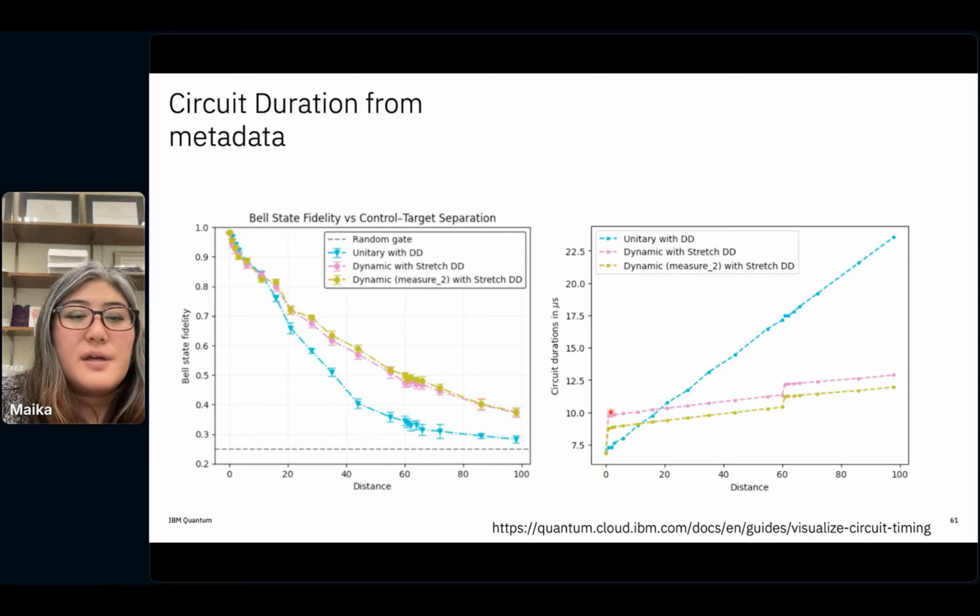So now, if you compare the pink versus the yellow, this is the difference that is coming from the mid-circuit measurement duration. So just by reducing the duration of the measurement, you see improvement in the duration. And it's really nice to see that initially, when you go to the first distance, distance 1, you add a mid-circuit measurement. Mid-circuit measurement is quite much longer than the 2 qubit gate, but it just gives us a bump first, and then it's a lot flatter than how quickly the unitary gate is